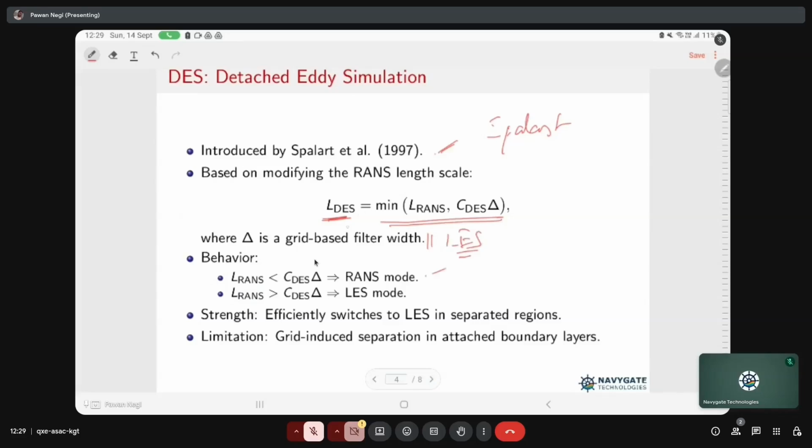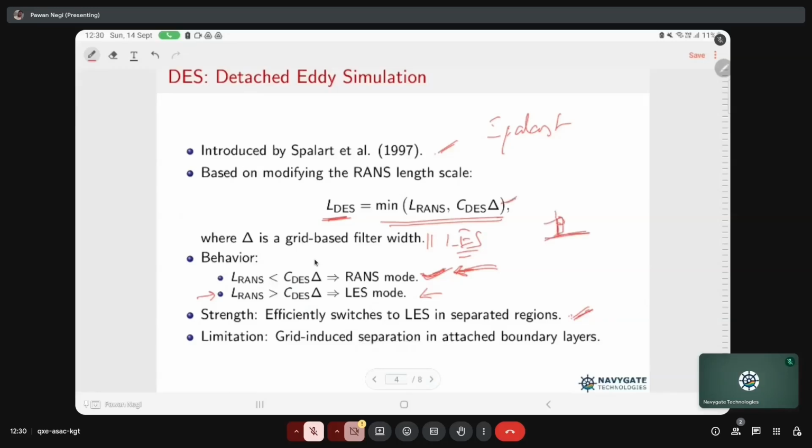If this particular length is less than this, then the solver switches to estimation of the Reynolds stress using the RANS model, and when this length scale is greater than this, then it switches to LES mode. The strength of this particular method was that it can efficiently switch from RANS to LES in separated regions, and we got better results. But the drawback of this particular method was that it depends upon the grid, and if your